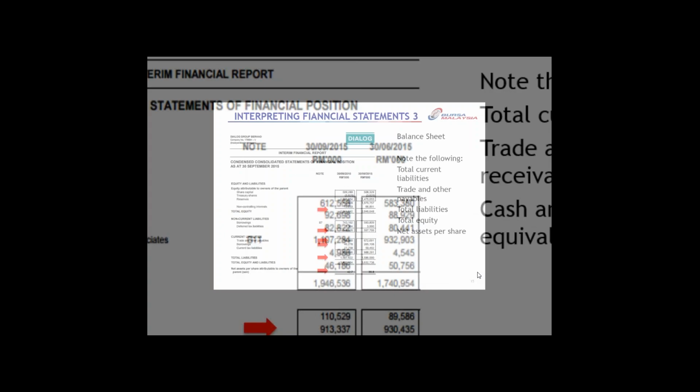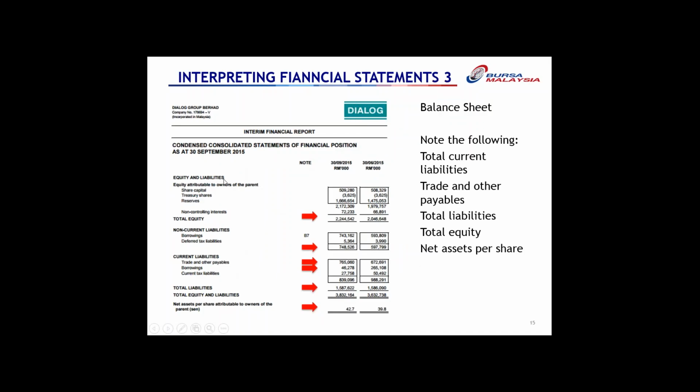So this is the second part of the balance sheet. You have equity and liabilities. Now, over here on the liability side, I'll be concerned about total current liabilities, trade and other payables, total liabilities, equity, and net asset per share. So over here, where you look at the total equity is here. Total equity is